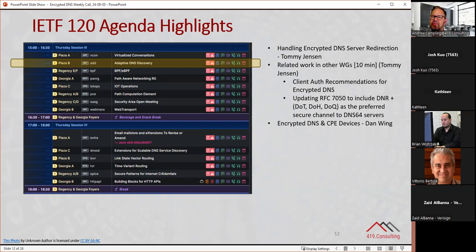The one I mentioned though was the bottom one there. Dan Wing gave a presentation on behalf of the co-authors of encrypted DNS and CPE devices, a mechanism to support encrypted DNS within CPE.